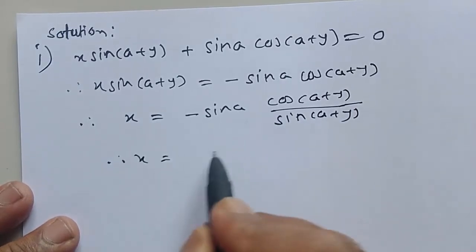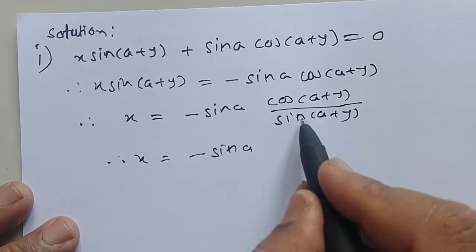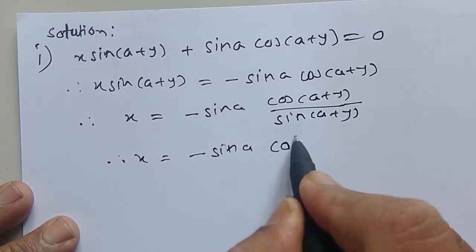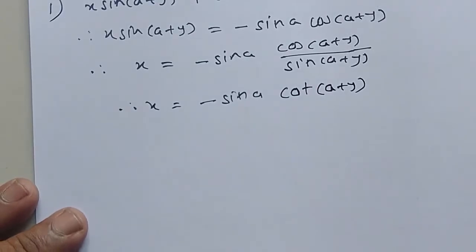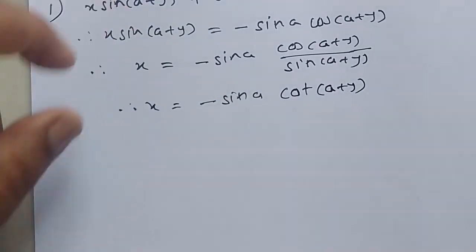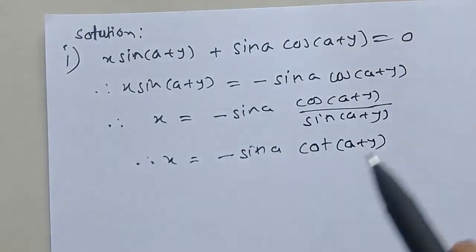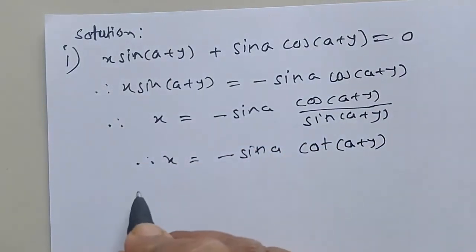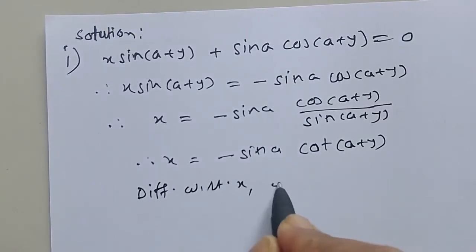Therefore, x = -sin a. Cos upon sin is cot, so cot(a + y). Now it is more simplified than the given statement. Differentiating with respect to x, we get